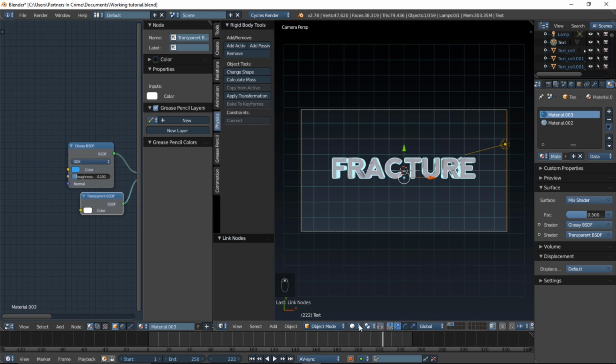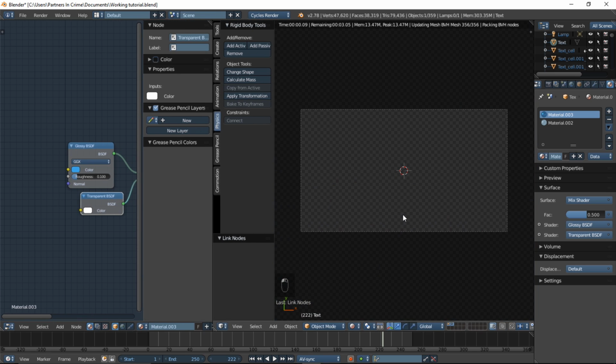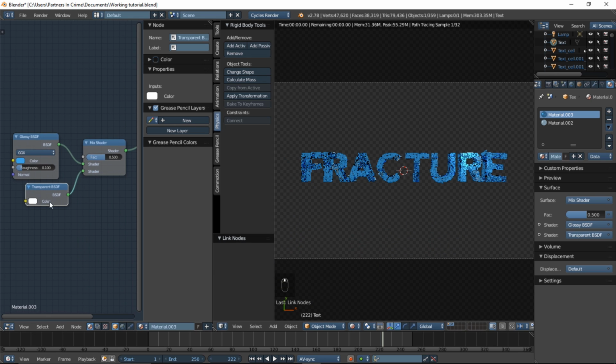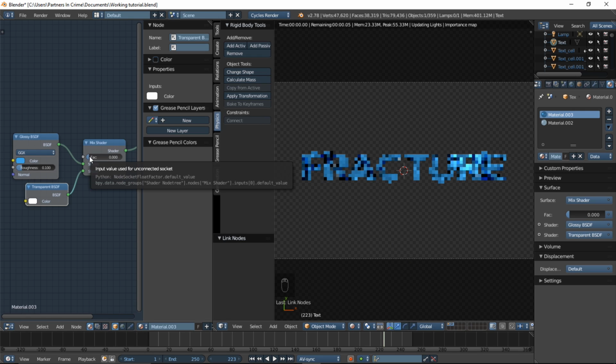Alright, so what we're going to do is around the frame where we can kind of see our text come in, we're going to make our original object just fade in. So let's put the factor down to 0, hover your cursor over that and type I,